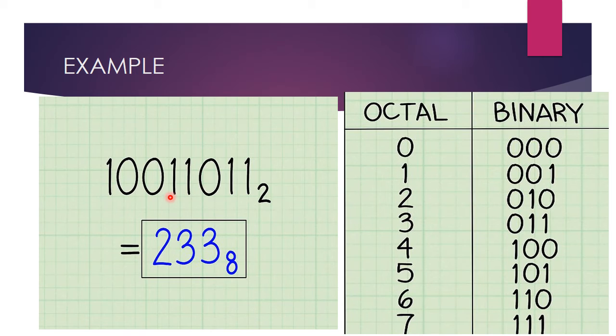And now here 0 1 1, it's also 3 over here, so I've written 3. And now the last one is left. Here only 2 digits are there, so keep a 0 over here. And then 0 1 0 is how much? 0 1 0 is 2, so that's why 2 3 3 to the base 8. It sounds quite easy, so you can convert in this way also, from binary to octal.